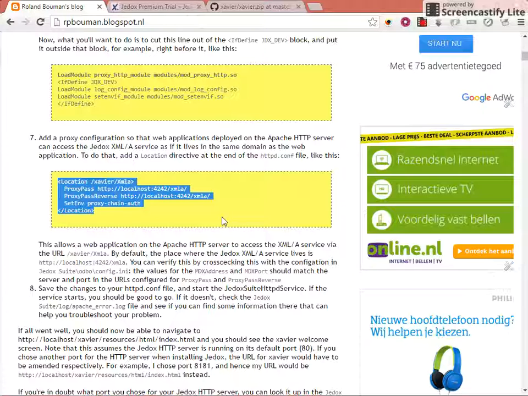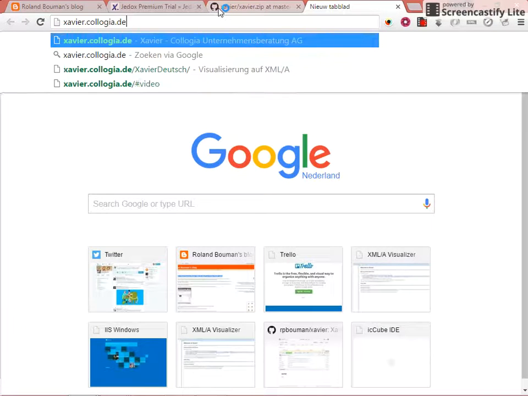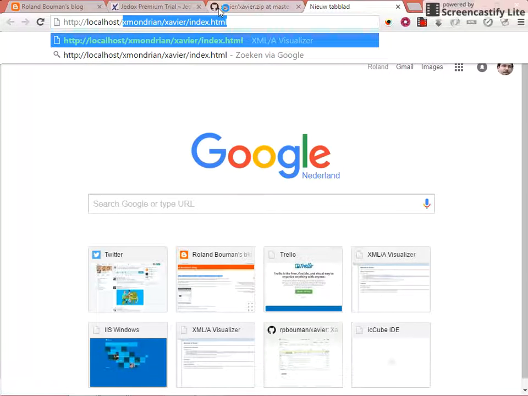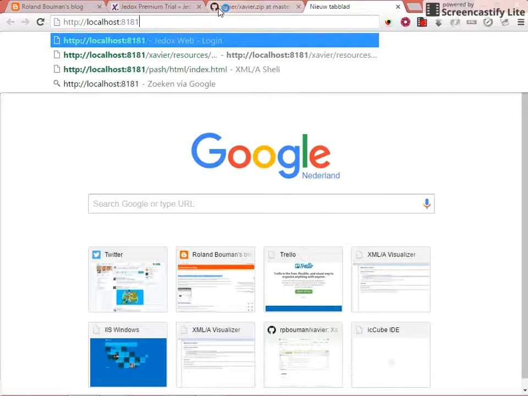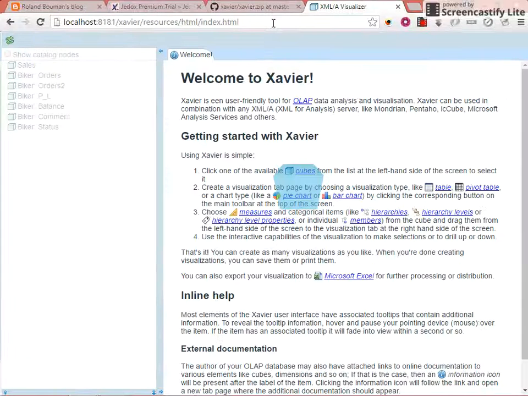Now let's get started. We should now be able to access the Xavier application. I installed the Jedox application server on a different port, 8181, but that shouldn't really matter. So we have localhost, and then our port number, and then /Xavier/resources/html/index.html, and when we run it, you can see that it loads Xavier,